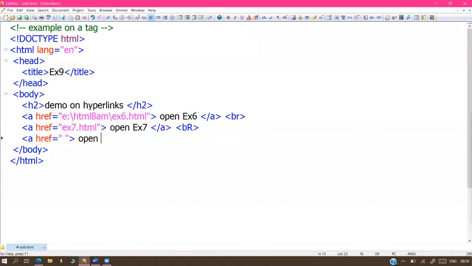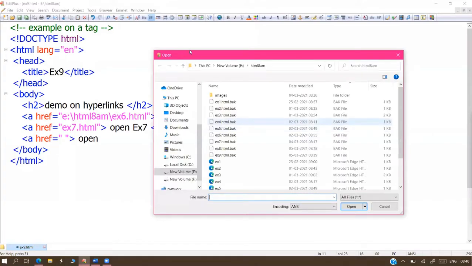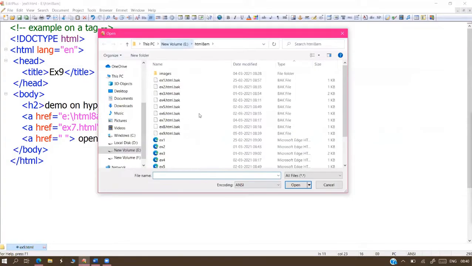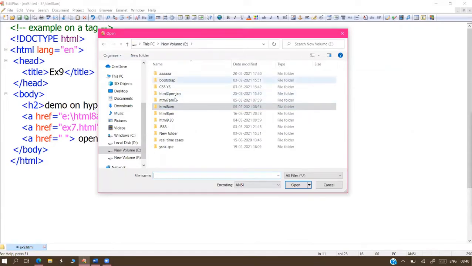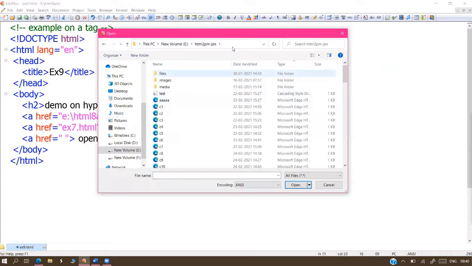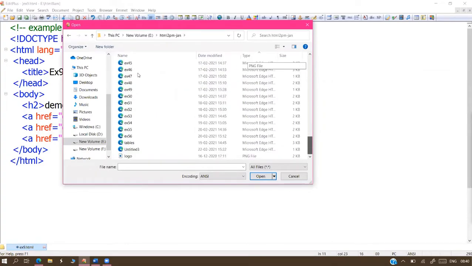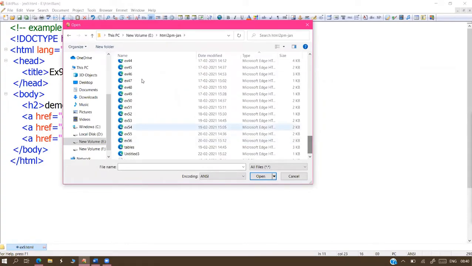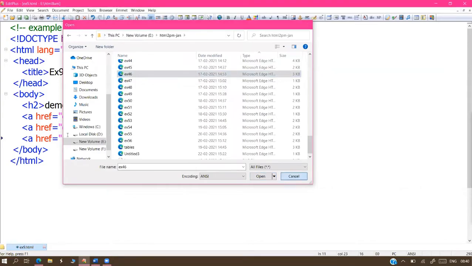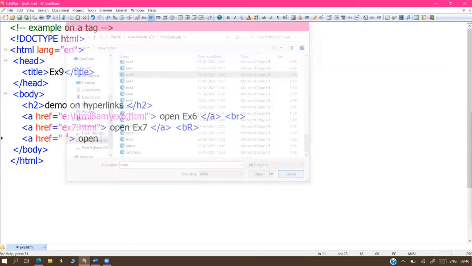Other location in the sense other folder or other batch. From anywhere to anywhere we can call.